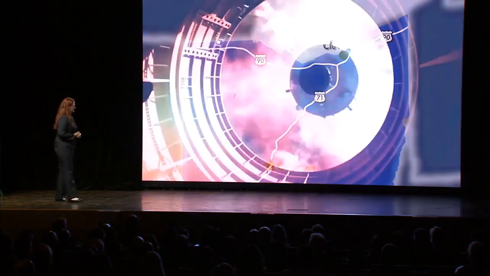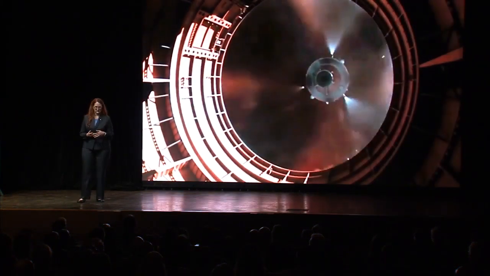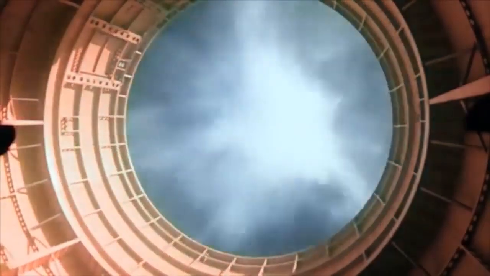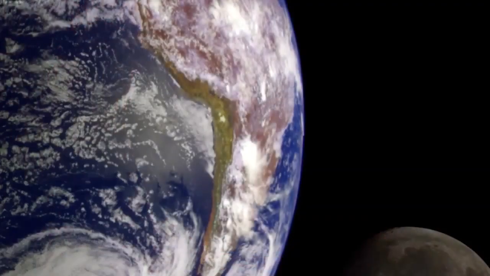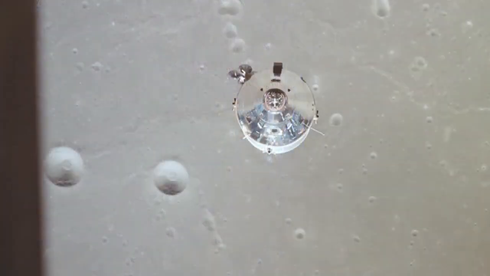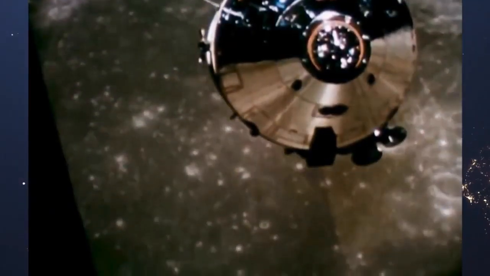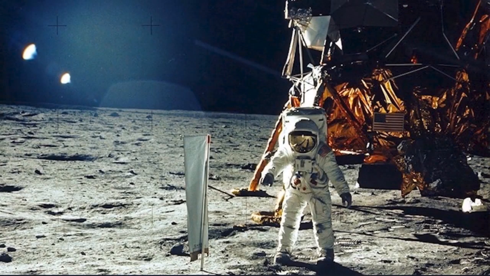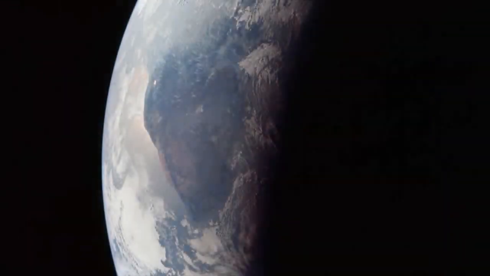After final checkouts, the Saturn V burned what's called a trans-lunar injection burn, or TLI, that placed them on the trajectory that would take them to the moon. There they would coast for 3 days before being captured by the moon's gravity into a low lunar orbit. Now, after they completed their surface mission, the astronauts returned to the waiting command module Columbia to start their trip home. The Columbia, like the trans-lunar injection burn, burned a trans-Earth injection burn